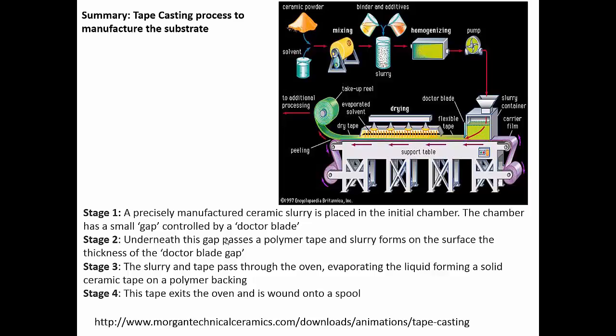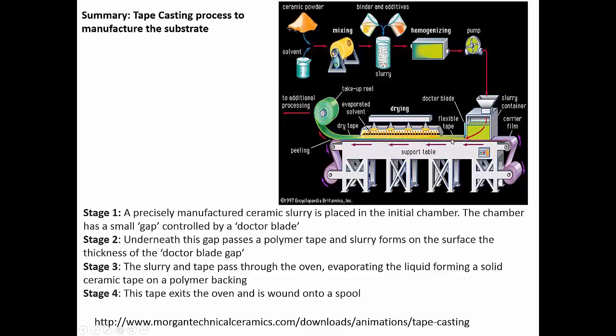So in summary, for the tape casting process to manufacture the substrate, you can see here that at stage 1, we've got a precisely controlled manufacturing ceramic slurry which is placed in the initial chamber, and this chamber has a small gap which is controlled by the doctor blade. So the top part here shows us again this mixing of the ceramic powder and the solvents and the binders to homogenize this to form the slurry which goes into our tape casting unit, and with the doctor blade we can then control the thickness of this